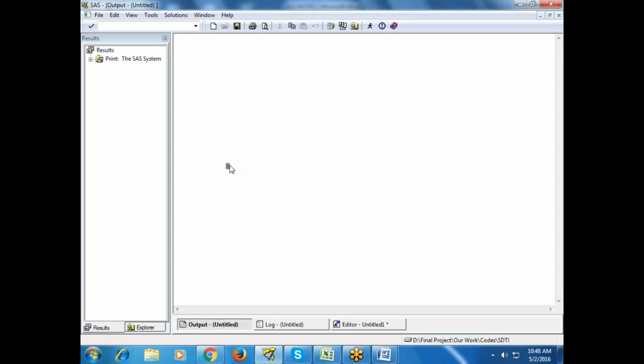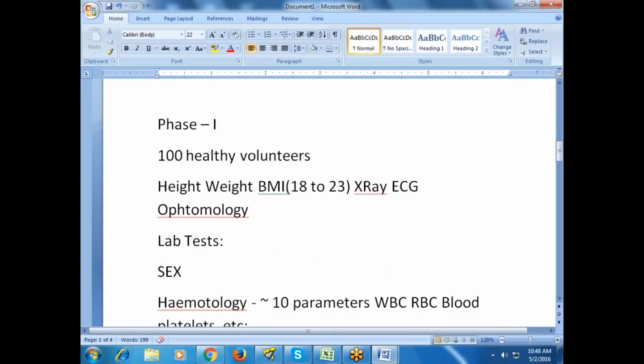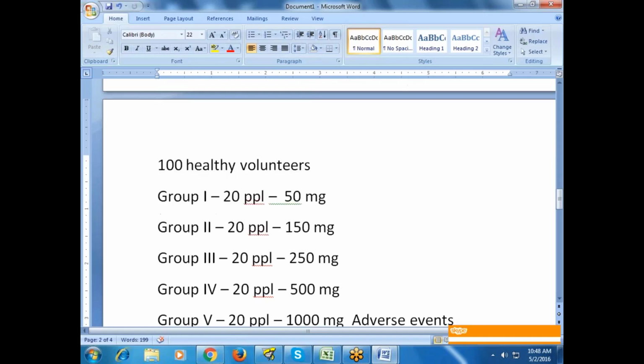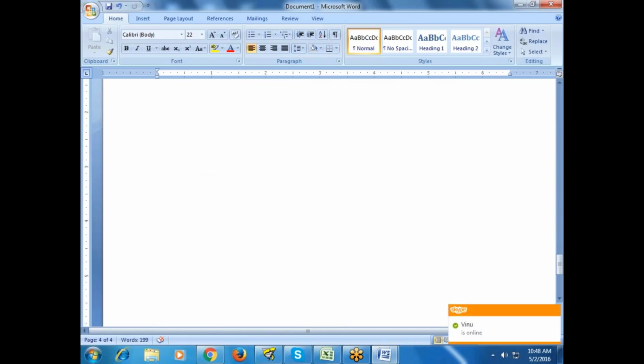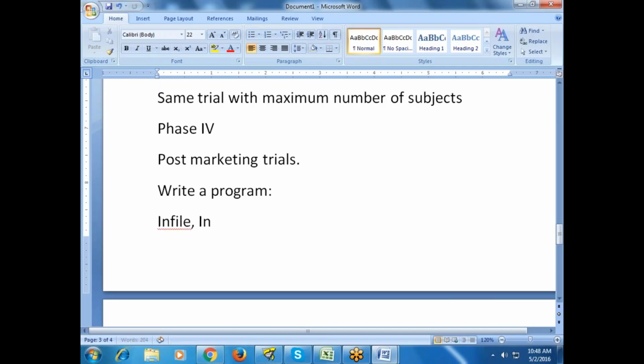No worries, I will explain in detail in upcoming sessions. To write a program in SAS, you have to keep 3 words in your mind: infile, input, datalines.